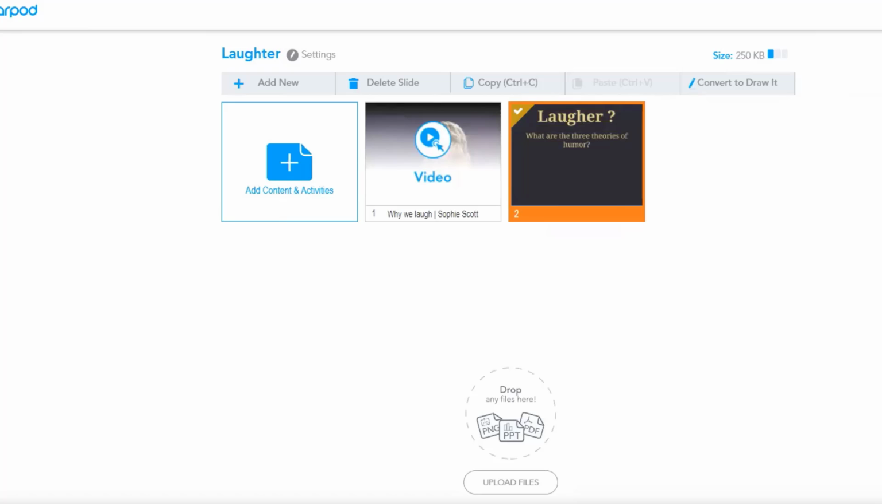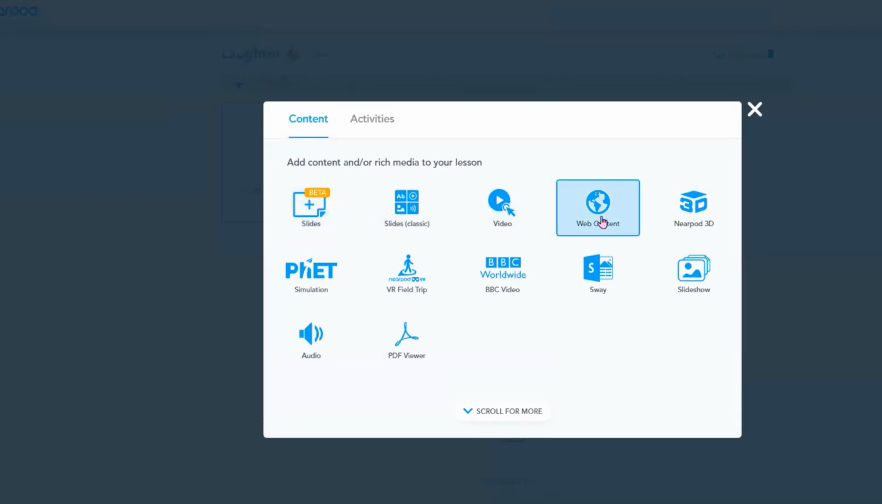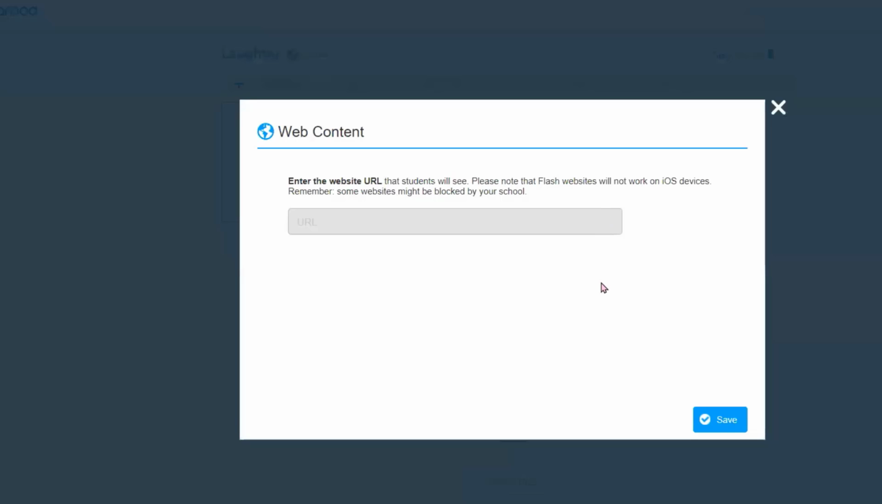The third one that we're going to add is our web content. Okay. So I click the add button, then I click web content in the content features, and then it asks me to enter the website URL that students will see. Okay. So I'm going to add a web content of something that says how laughter works from a website for science. It says How Stuff Works. Okay. And I want students to read